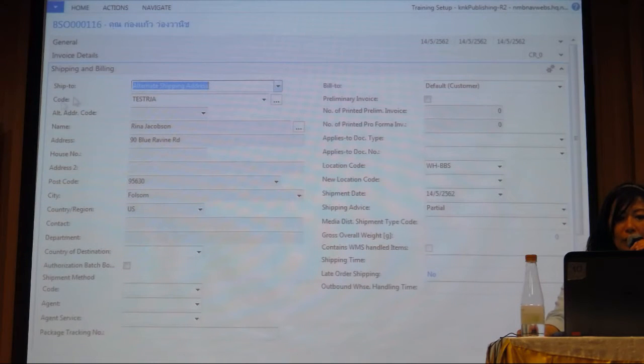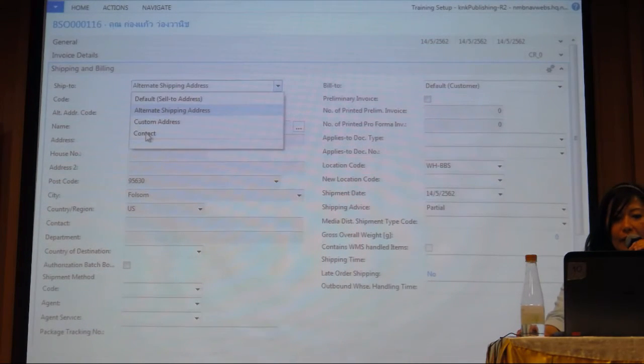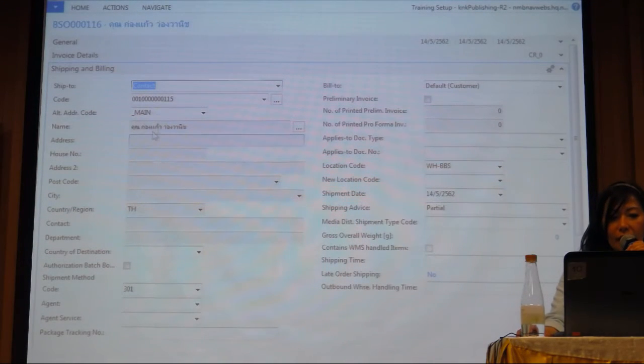So then when you come here, this is not a real example, but then you will go to the contact. So if I click here,